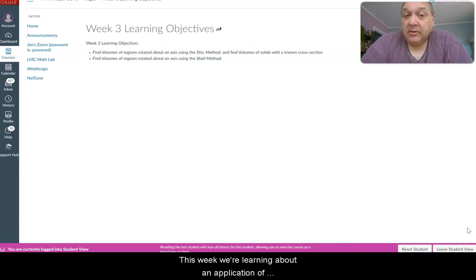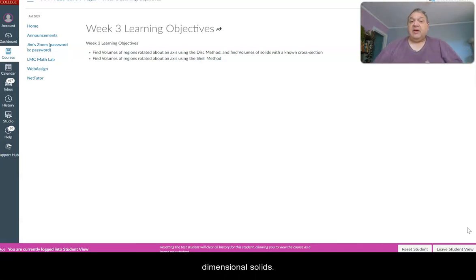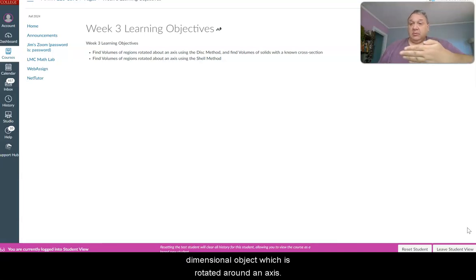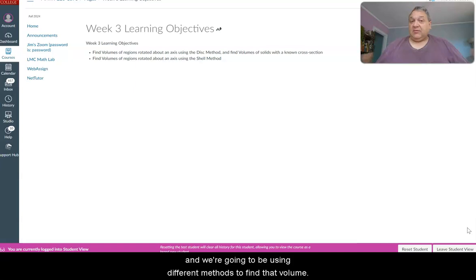This week we're learning about an application of integration, finding volumes of three-dimensional solids. As long as we can figure out the cross-section, we can figure out the volume using integration. Many of these are going to be created from a two-dimensional object which is rotated around an axis, right? So that's a volume of a region rotated around an axis, and we're going to be using different methods to